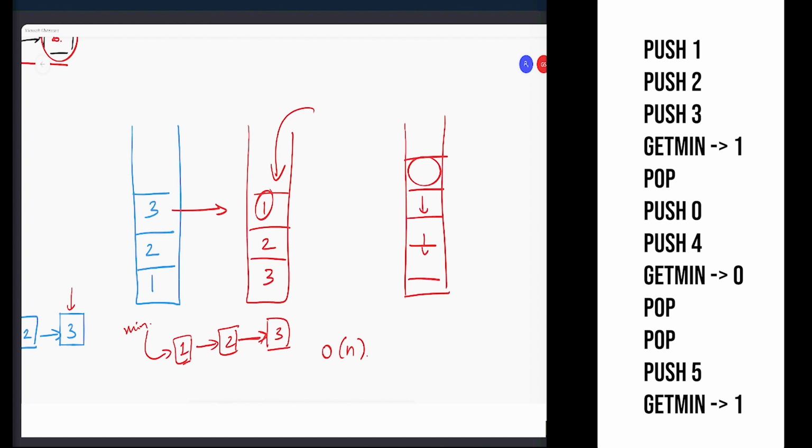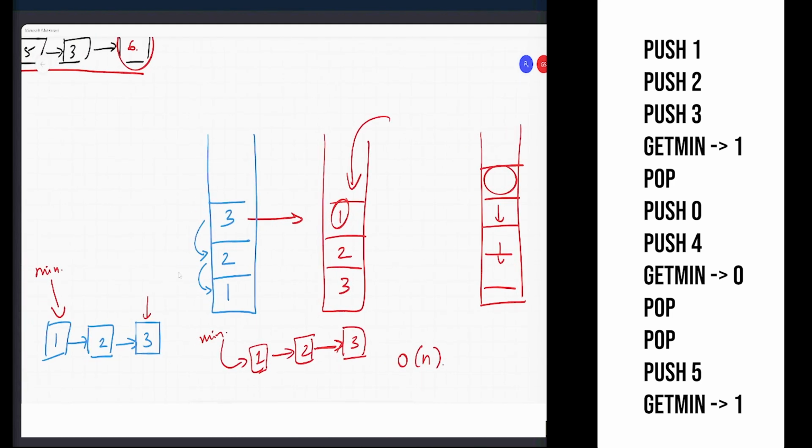Coming back to the example of 1, 2, 3, this element will be pointing here. This element is pointing here. Now minimum is 1. How do I know minimum is 1?